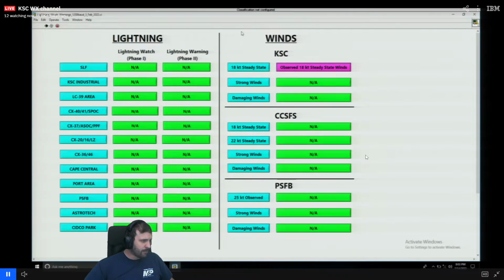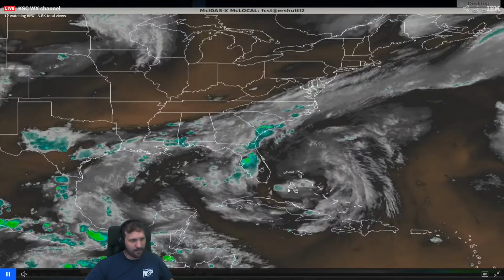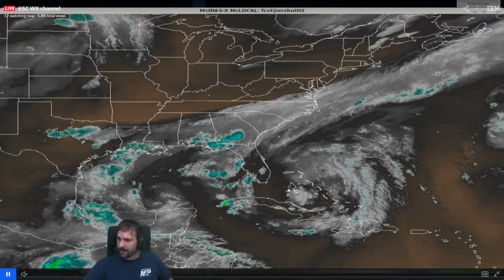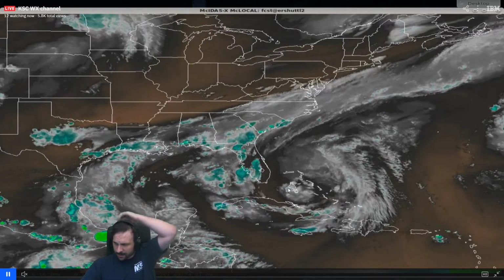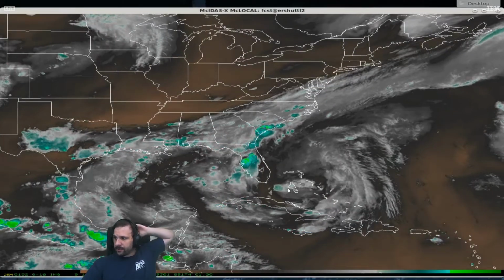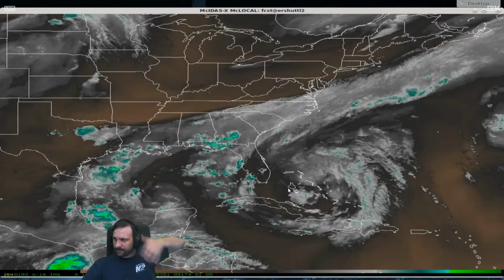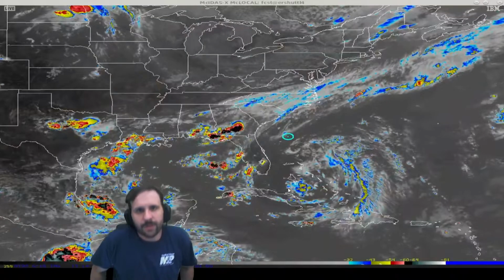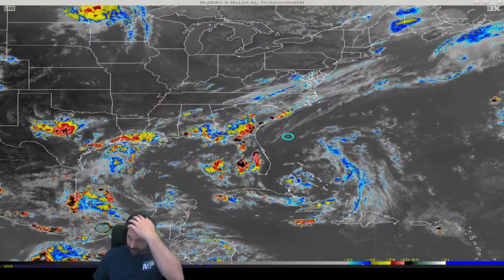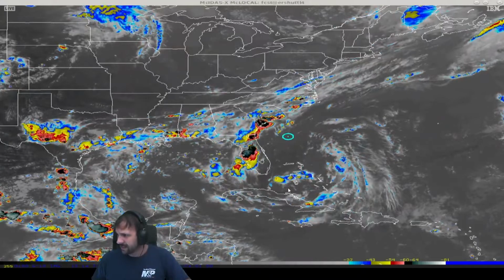18 knots, steady, stable. Bonus points if you know what PSFB is. I'll try it when I'm on KSP next, sure. Yeah, you could basically do wind tunnel testing. Primitive wind tunnel testing, but wind tunnel testing nonetheless.